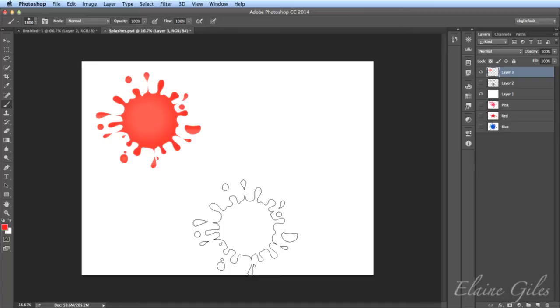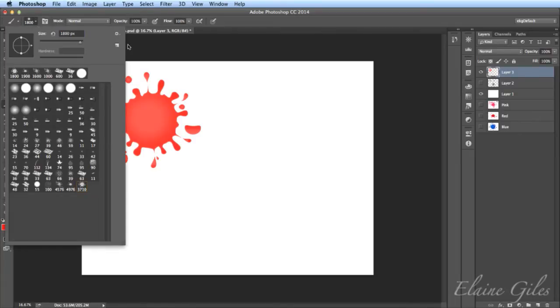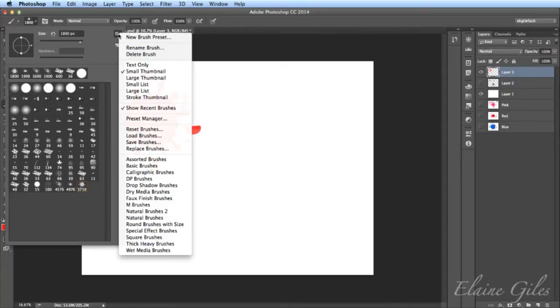But I do want to show you that if you've got lots of brushes, you can actually import brushes. Now you may think you've already done that, but I haven't. What I did do was go up here and go across to the gear icon and say that there were some brush sets available from the bottom. But there's only a limited number of those available from the bottom. And the problem with that is, what if I've downloaded them from somewhere?